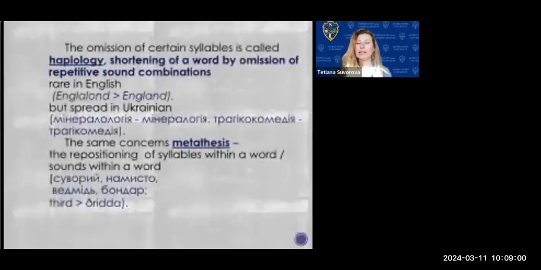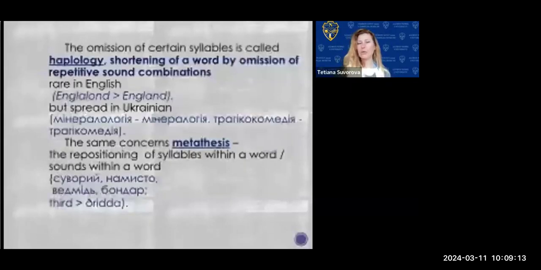Okay, so the omission of certain syllables is called haplology. It's a shortening of a word by omission of the repetitive sound. Not sound, but sound combinations. Rare in English nowadays, but very common in Ukrainian. For instance, Englelond. So just not to repeat twice familiar or similar sound combinations, England just left. But in Ukraine,